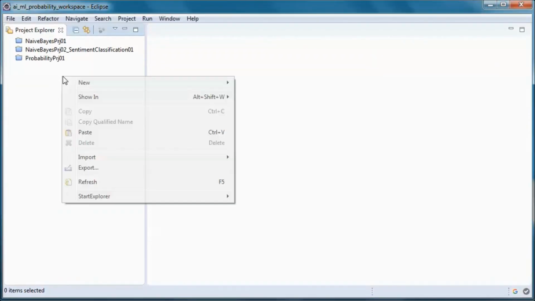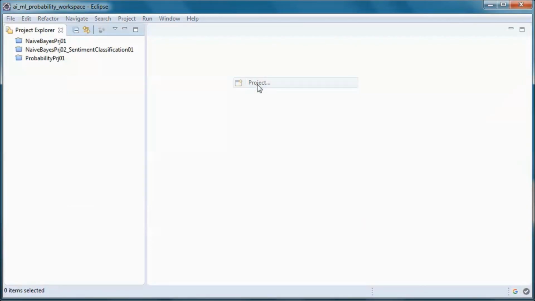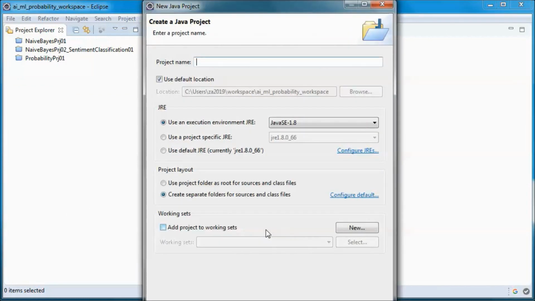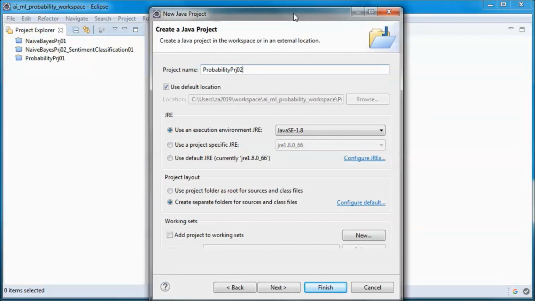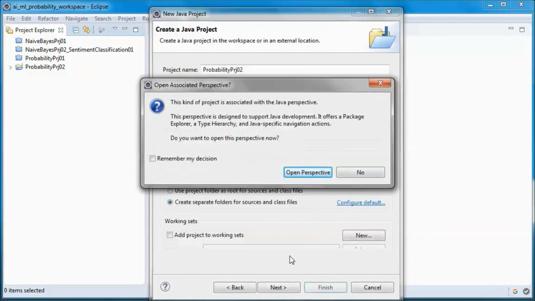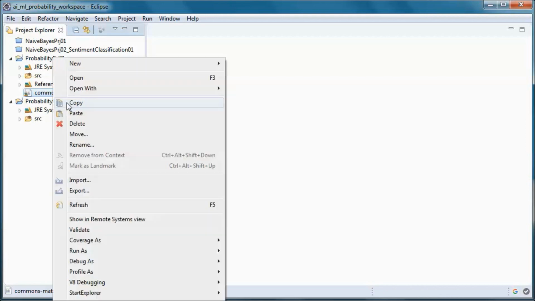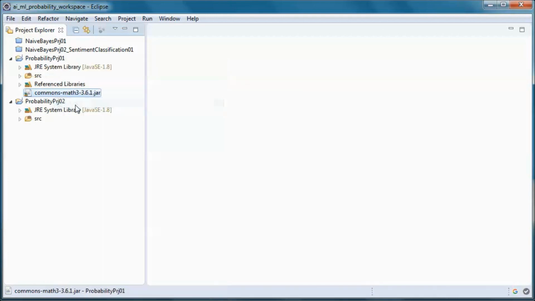I will start by creating a new project. And here we will need this jar file that I used in the previous tutorial to do fractions.